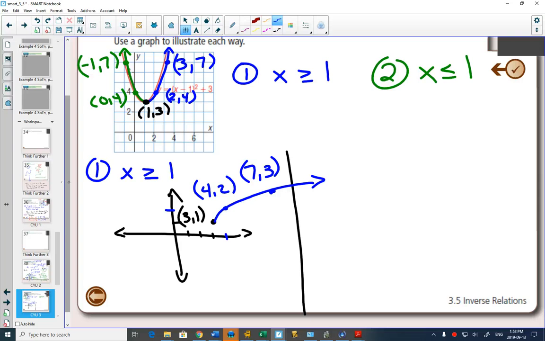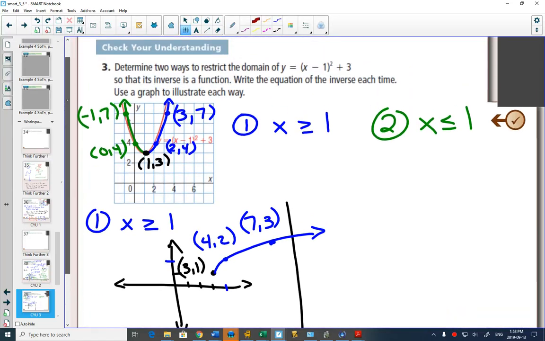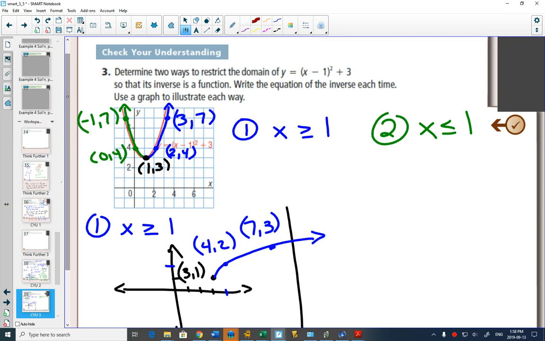What is the equation of that graph? Two ways you could do this. One, you could say, I know algebraically how to find the equation of an inverse. Algebraically, to find the equation of an inverse, you switch the x and the y. So if I took my original equation here, y equals (x minus 1) squared plus 3, if I switch the x and the y's